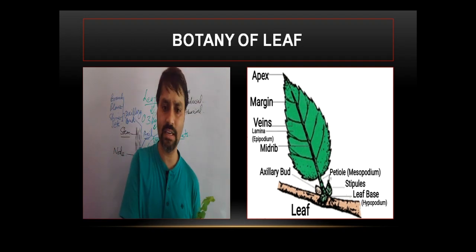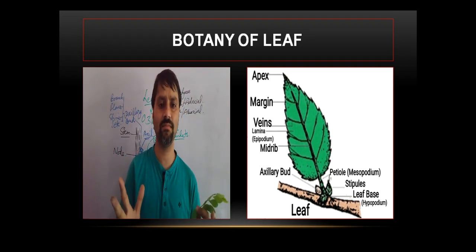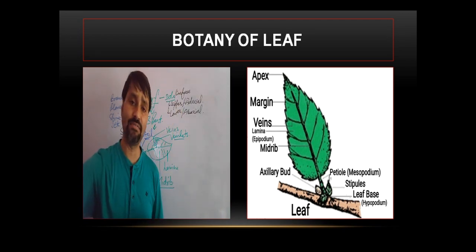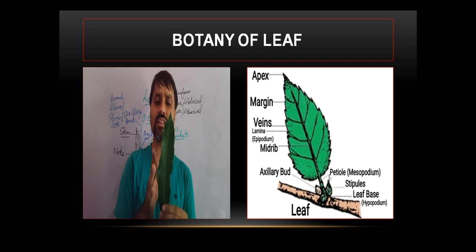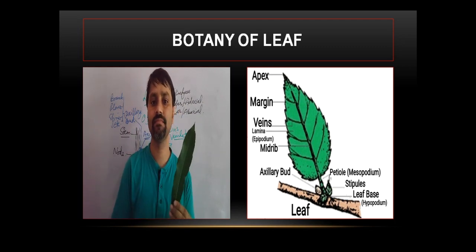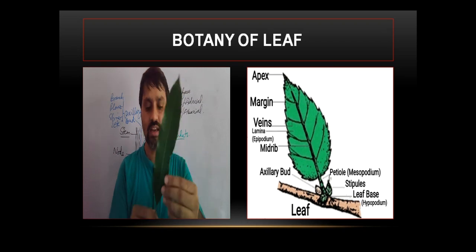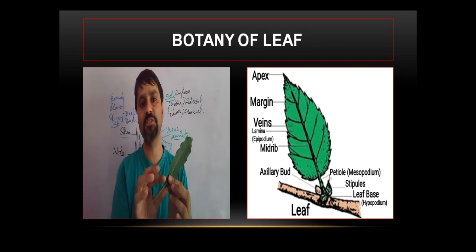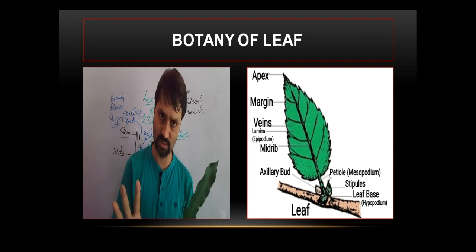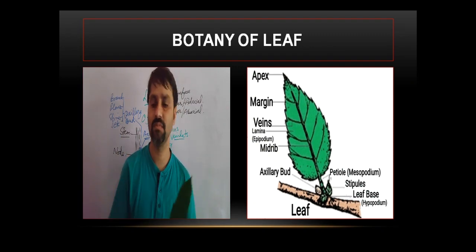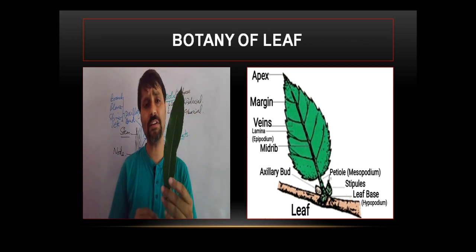Axillary word you will see here on your screen. Axillary word is there. Midrib is there. Veins are there. The sides of a leaf are called the margins of a leaf. This is the apex of the leaf, which is usually pointed, and this is the base of the leaf, which is usually rounded, a little bit rounded. Is it clear? Now see. So this is the structure of a leaf, and leaf is very important.